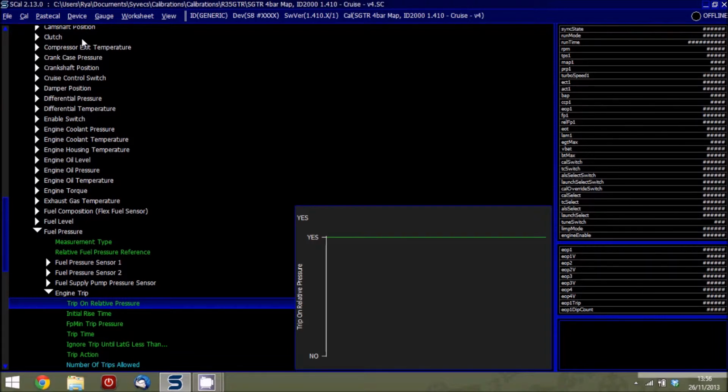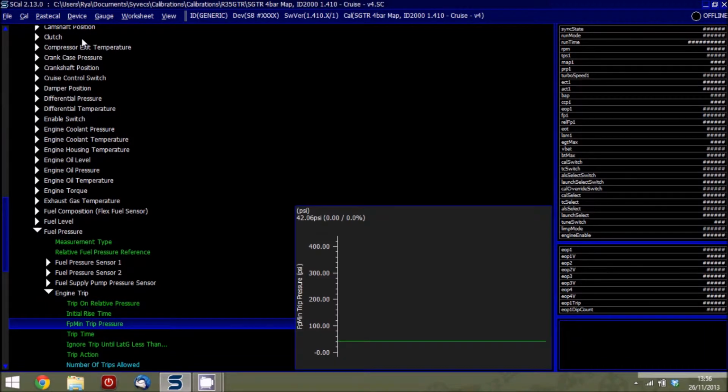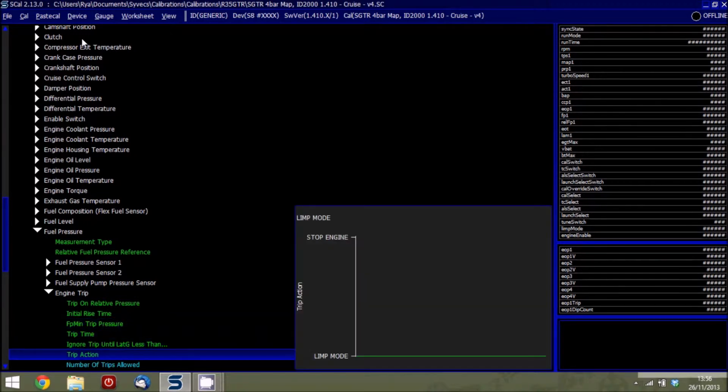What you can then do is say that in the instance of, say, you are on full power on boost, and for some unforeseen circumstance the fuel pressure starts to drop, your relative fuel pressure will start to drop, and you can then set a trip pressure that if it drops below X amount, which is shown here, the actual limp mode will be invoked,